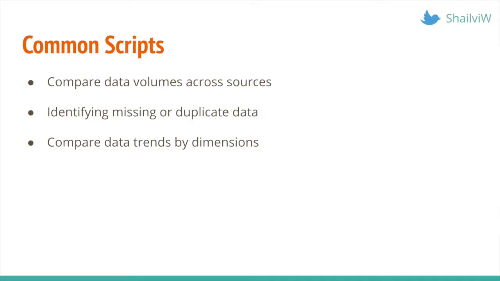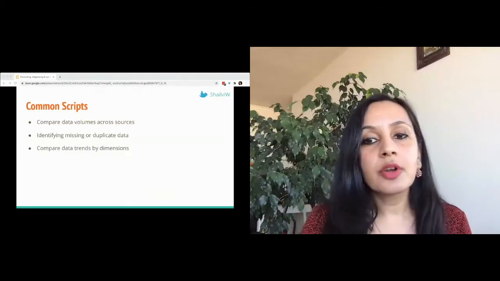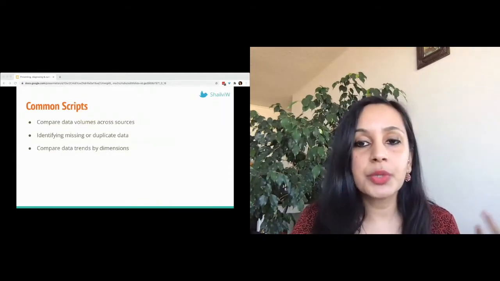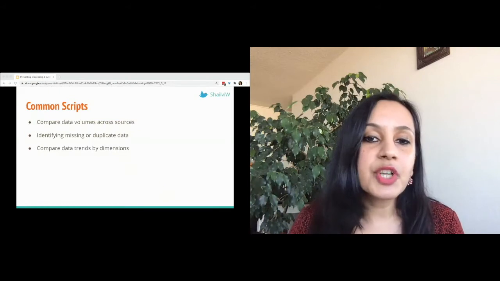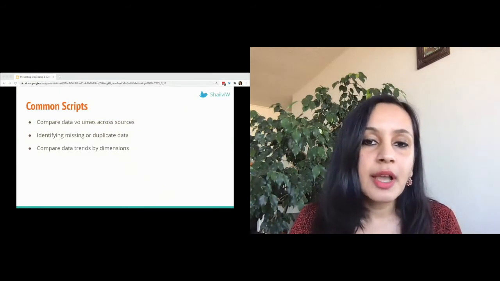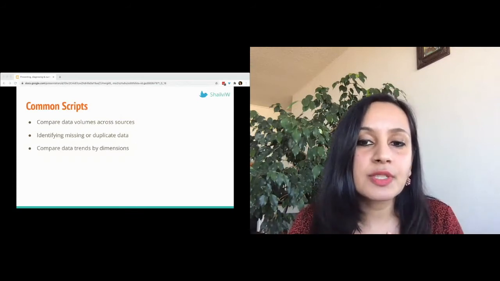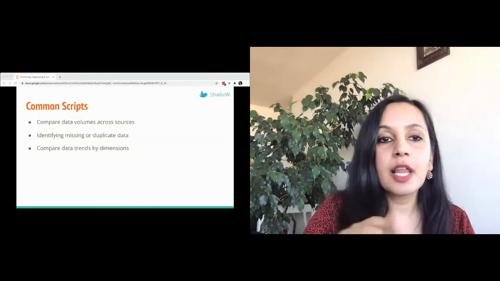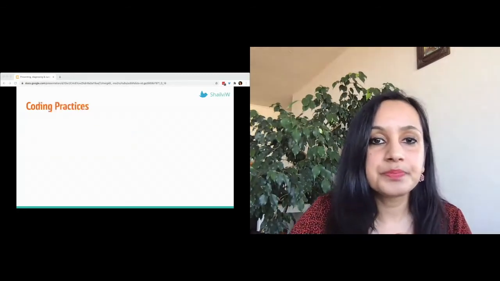And finally, just being able to break down the data by different dimensions can really help, especially when the data is really large and small volume changes are noticeable. You may realize that in general, your data looks fine, but there's this one whole disease area that has corrupt data due to a typo, or there's a certain drug type that has too many ingredients that keep cross-referencing each other, and that breaks some back-end automation or something that you were trying to do. So being able to break down your data by different dimensions can help narrow down some of those problems.